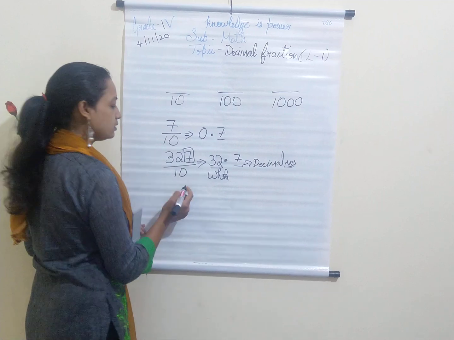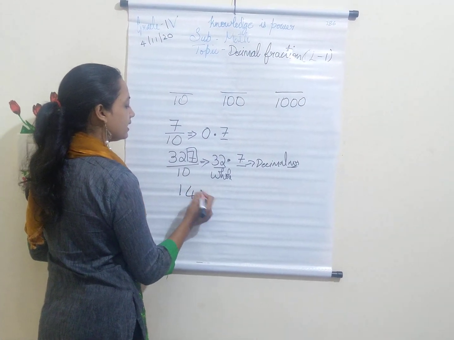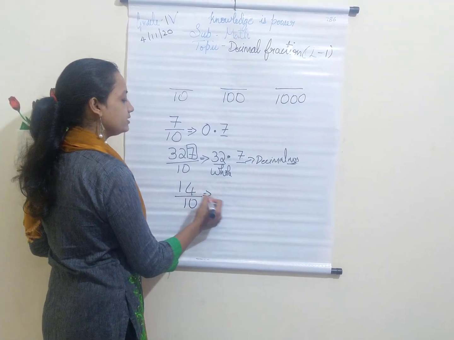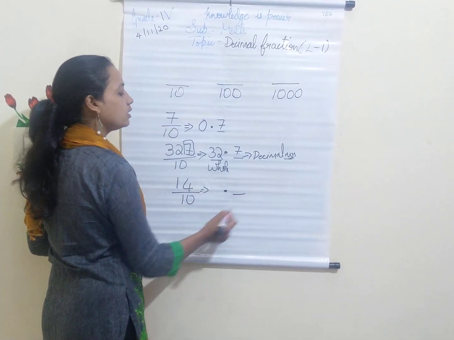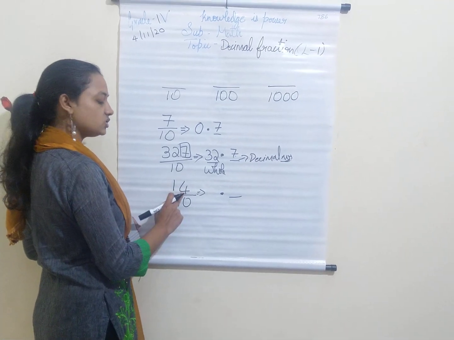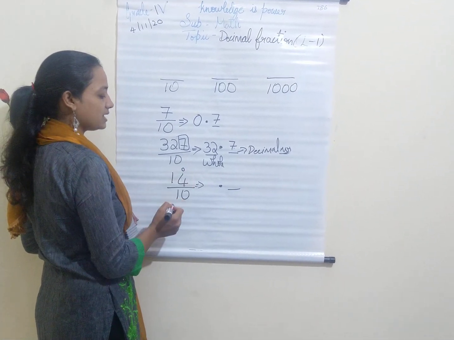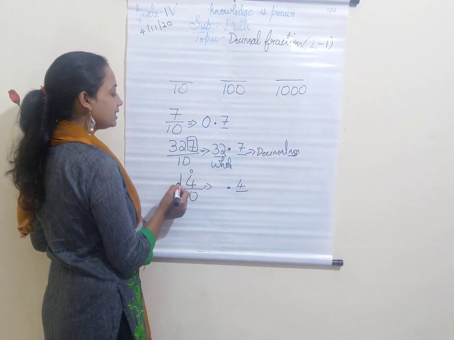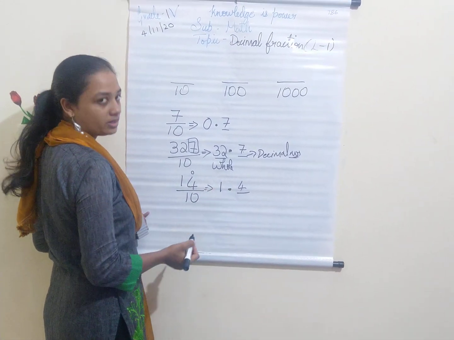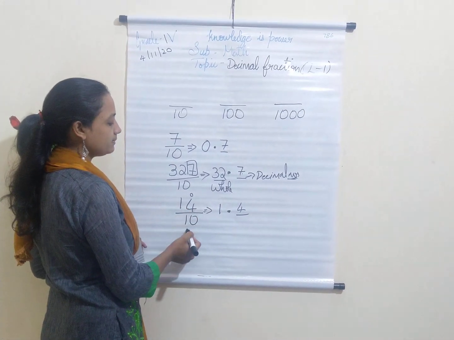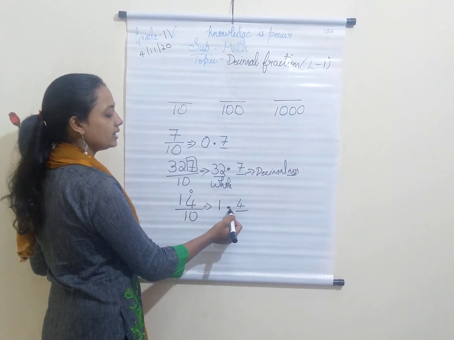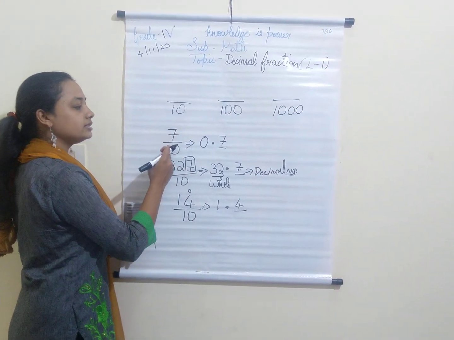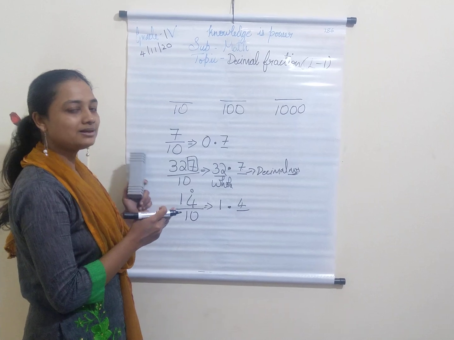So I'll show you one more example now. I have only 2 digits. Now I am dividing by 10. So how many digits should I have after my decimal point? Only one digit. So which digit will I choose? I choose the ones place, 4. I write it after my decimal point, and then the remaining number I write in the whole number part. So 14 by 10 is nothing but 1.4 in decimals. This is how we write decimals when I have denominator 10.